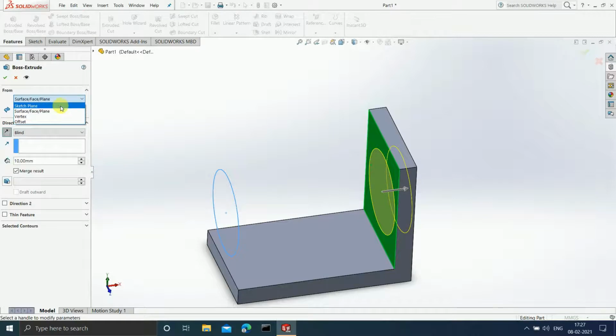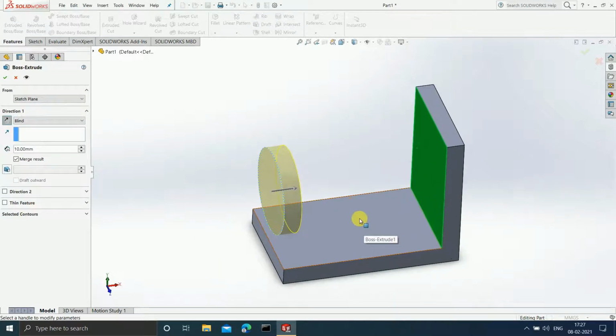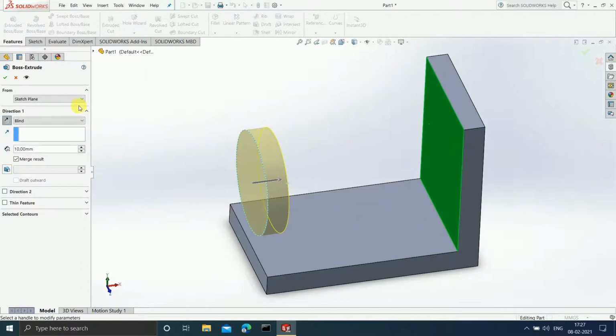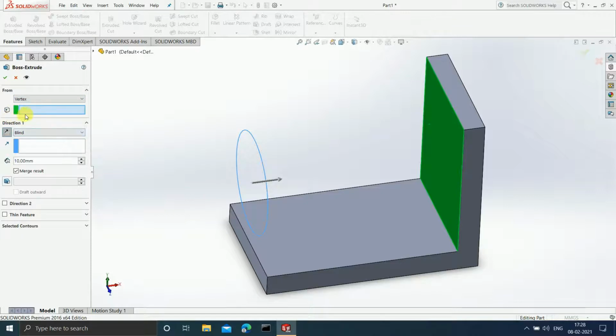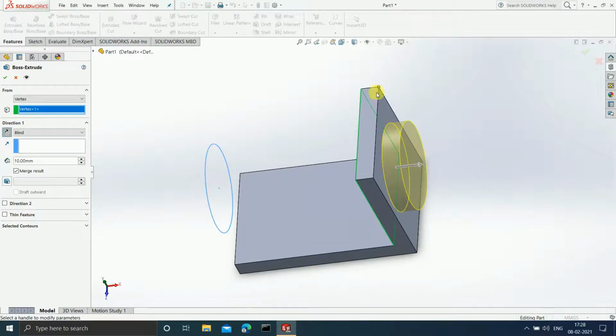Okay, so let me change this and let me make it sketch plane only. See, as soon as I make it sketch plane, it has returned to its original plane. Now after this, if I select from a vertex, so if I select from vertex, it is asking me to choose a particular vertex. Let me choose this vertex. As soon as I choose this vertex, see, this vertex lies in this particular plane.